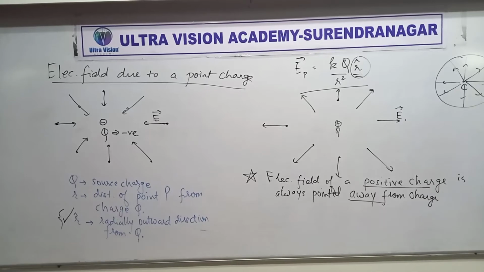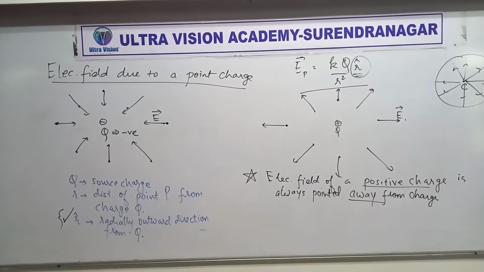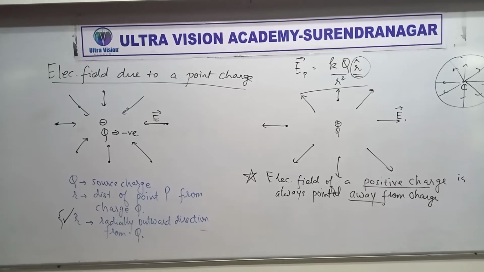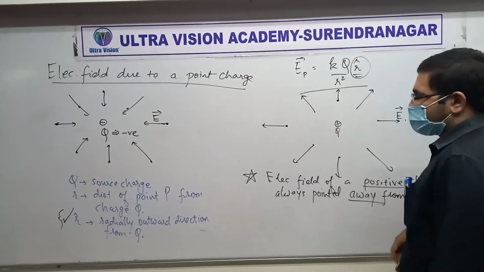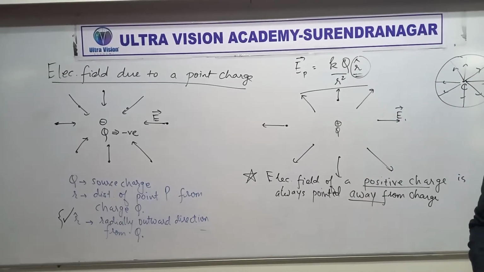Plus, is it? So that's P. P is greater than 0. How can a point be greater than 0? A point is a point. Or negative charge. So the formula is important, the direction, its description, all that is important.